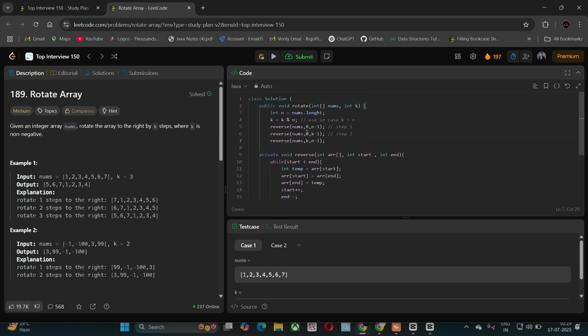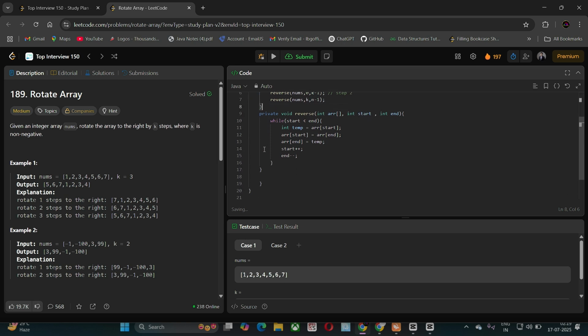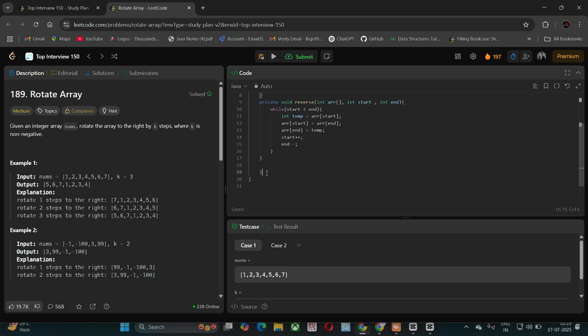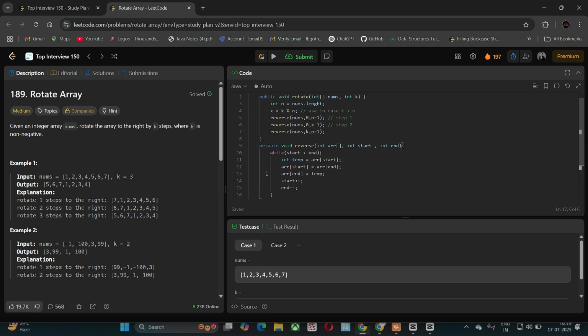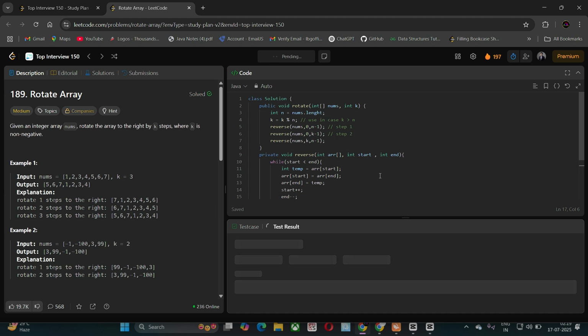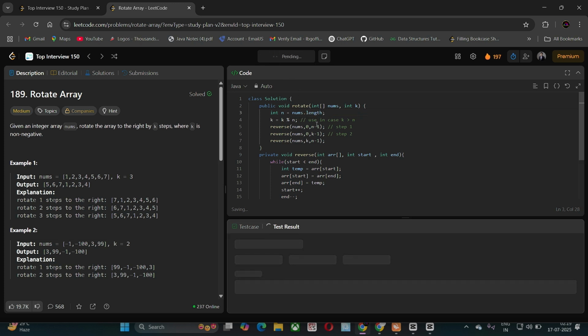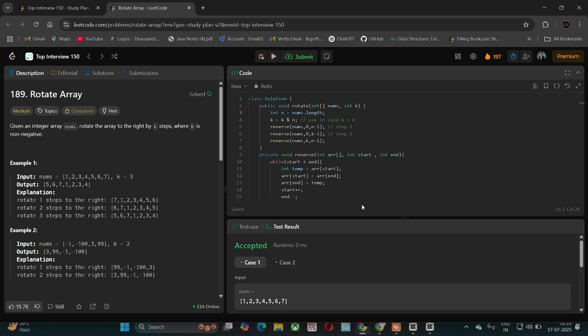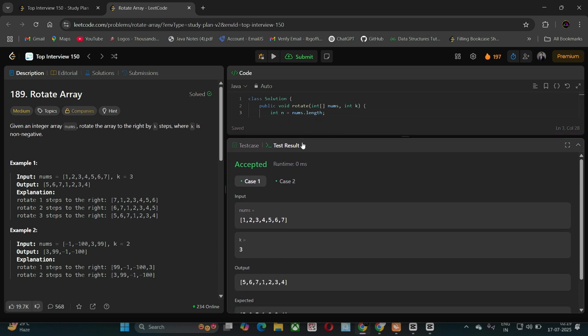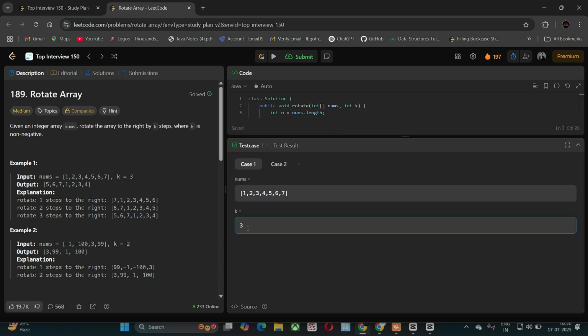Okay, so let's discuss what our k is. In our code we use k equals k mod n. So what does it mean, let's discuss. Let's take an example. Our n is 7 and k is 3. If I take k mod n, what will we get? 3.